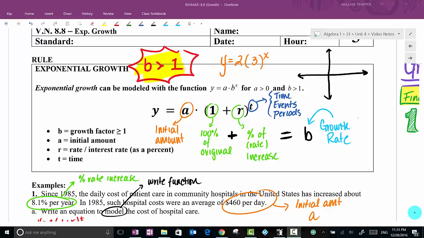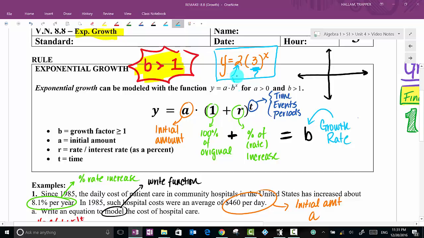Okay, hi and welcome to Notes 8.8, where we're going to talk a little bit more specifically about exponential growth. We already know a little bit about exponential growth, so it's not entirely new to us. However, we need to look at it a little bit differently because we might not see it as simple as we've seen before. So this would be an example of an exponential function, and we'd realize that that's our initial